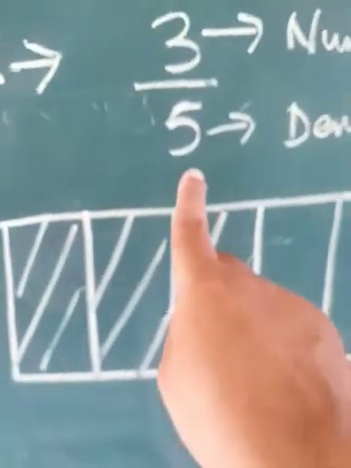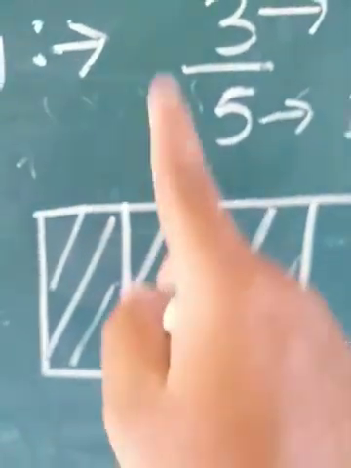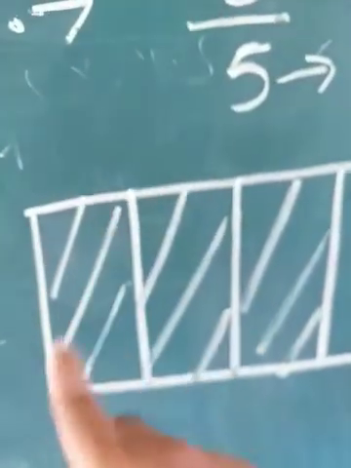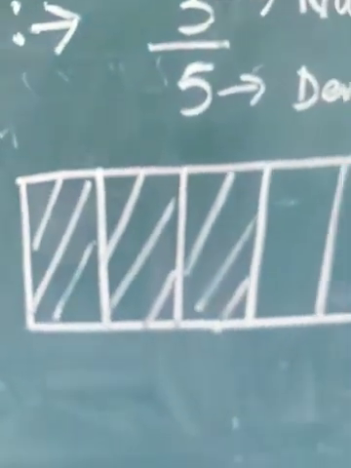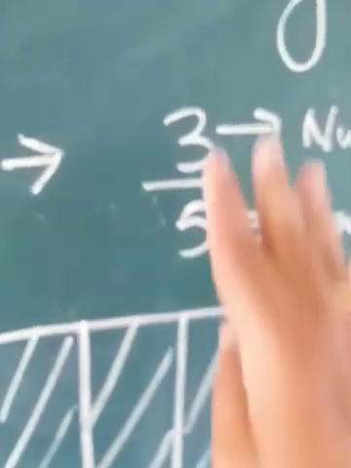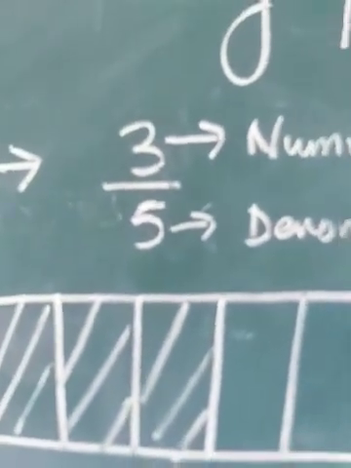Have you understood? What does 5 mean? 5 means that you are dividing the whole part into 5 equal parts, and the numerator represents how many parts you will take as consideration. And those parts should be either shaded or designed. Okay, so this is what fraction is all about. And remember that fraction is a combination of numerator and the denominator, and this middle line is called fractional bar. Okay, so let's move on to the first exercise.